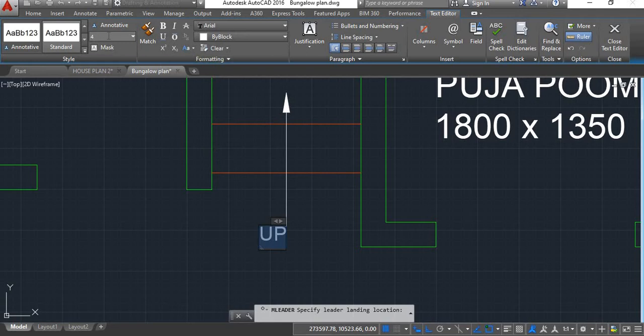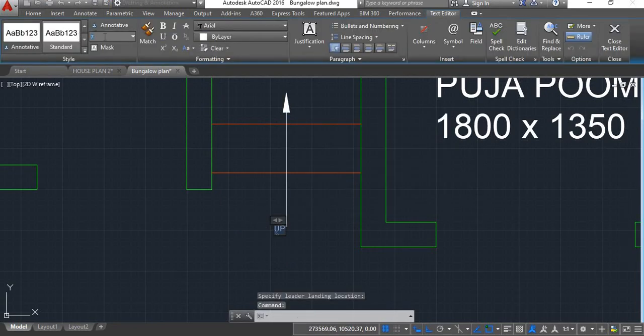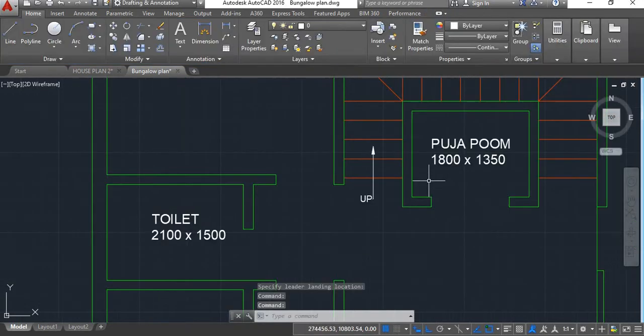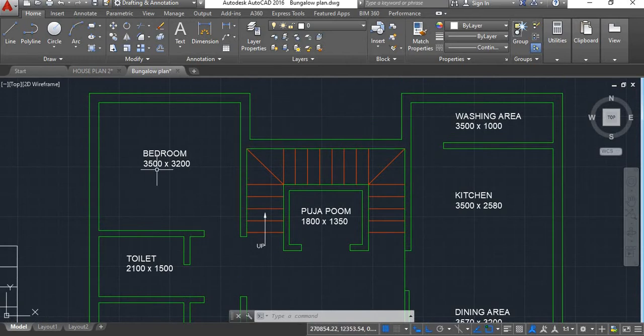We'll increase the height of this. This will show the upward direction. Now next we'll provide the door shutters for these rooms.